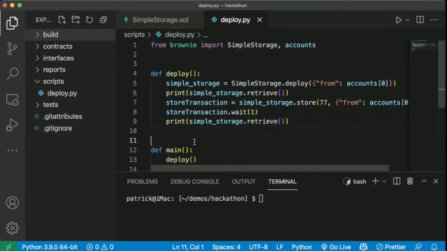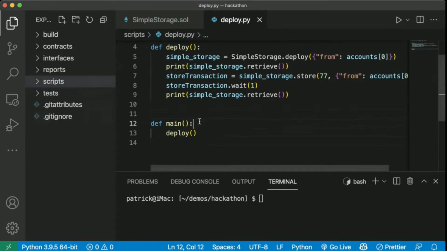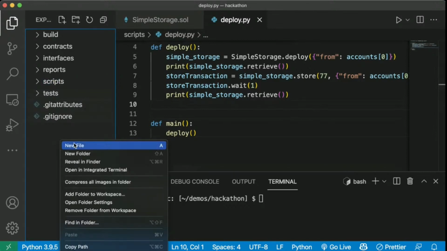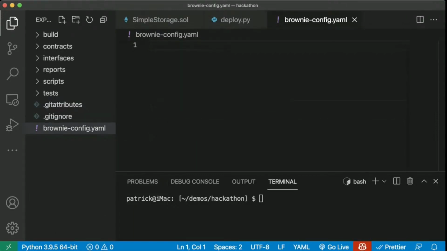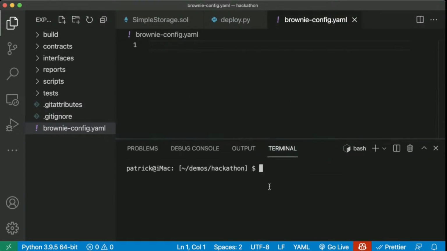Now, for local development chains, Brownie doesn't save them. So what you can do, if you want it to save them, is create a brownie-config.yaml and add some stuff in here, right? So the brownie-config.yaml is kind of where you add any parameters about your project. There are some parameters you can add to save local deployments, but for the most part, I ignore doing that because if you're testing locally, you can just kind of spin everything up yourselves. But for real networks, like a testnet or a mainnet, Brownie will keep track of where you've deployed these things.